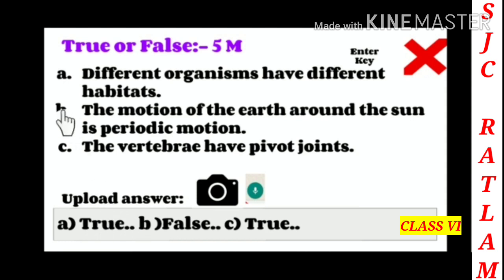Then again for B question, you have to write B, then bracket, then whatever is the answer, true or false, then 2 dots, then for C answer you have to write again bracket, whatever is the answer, true or false, then 2 dots, then D option, then E. Like this you have to complete. And remember children that you don't have to press the enter key. If you want, you can upload the pic or you can speak through this mic. But children, remember, again I am telling you, the best option is that you type your answer in the given box. It will be easy for you.